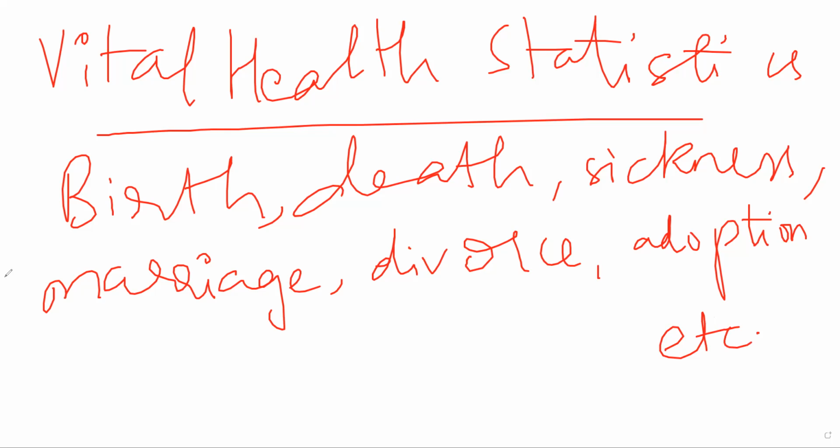So essentially, if I look at a population, let us suppose the population of India. Now the population of India is somewhere around 130 crores, slightly more than 130 crores, close to 140 now. Let's suppose it is 130. Now, in 130 crores, what is the rate of birth? What is the rate of death? I can also go a little more specific. What is the rate of birth or the rate of death in so and so population? Let's suppose I'm talking about one particular city or one particular state. What is the rate of birth in this particular city? Can I compare birth rate in two different cities?